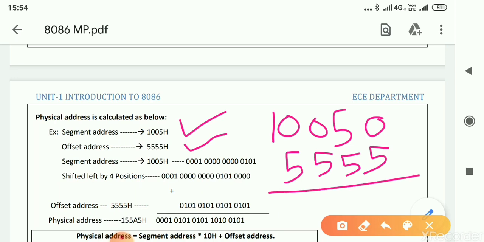Okay, so if you add, we will get 5, and here it will come A, here it will come again 5, and here it will again come 5, and here it will come 1. So the physical address is 155A5. So this is in 20 bits. So the physical address is always in 20